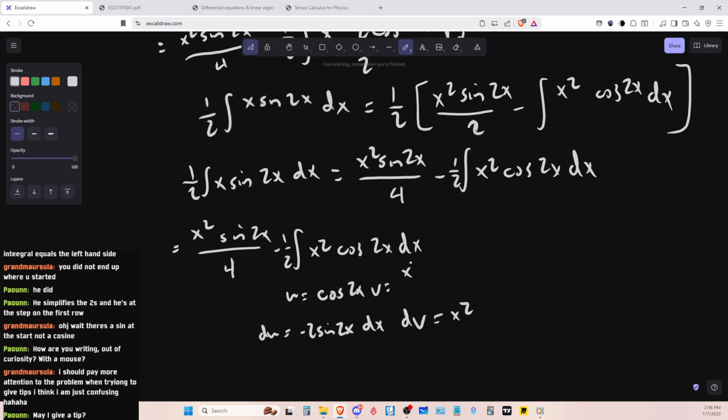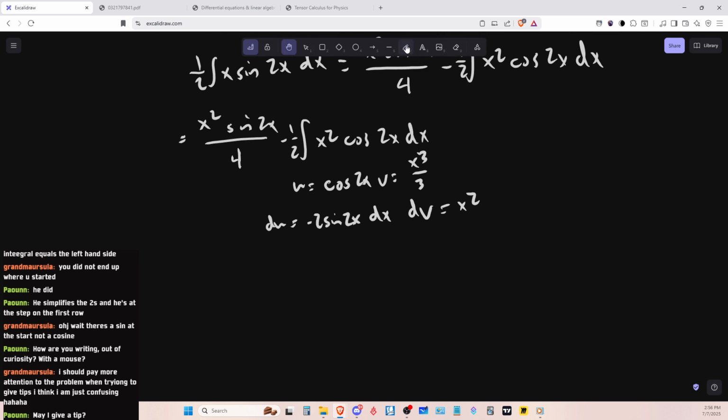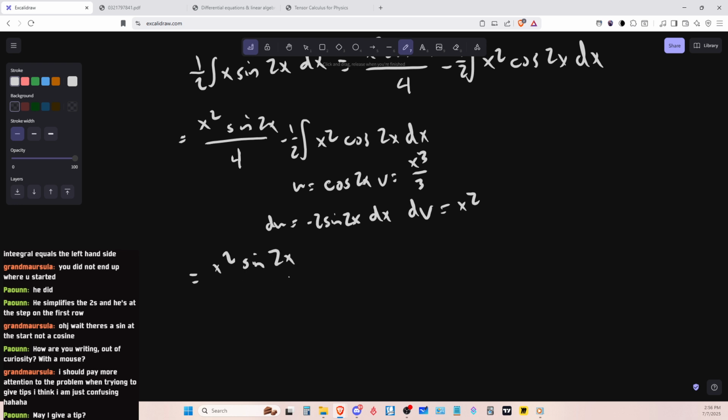for v we have x cubed sine 4 minus, and then we do all this all over again, so 3 sine of 2, then minus